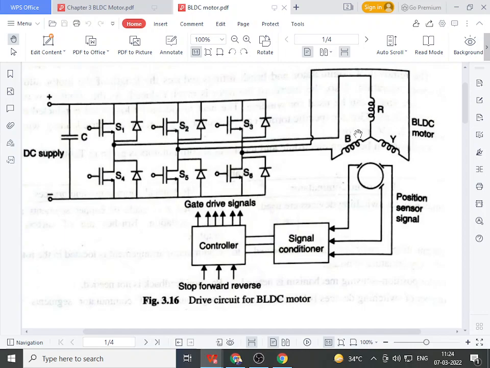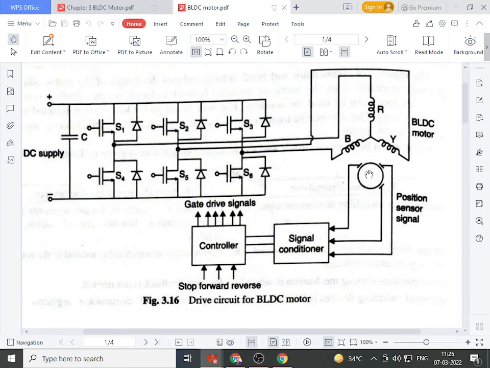So this is the stator winding. The motor has a 3-phase stator winding, indicated with phases R, Y and B. Then a rotor position sensing topology or rotor position sensor circuit is used. Here we use 3 Hall effect sensors, and the output of these Hall effect sensors is given to gate driver circuits. So there is a controller. That controller initiates the sequence logic, or initiates the gate signals, and this gate signal is given to the particular semiconductor switches used in the inverter circuit.